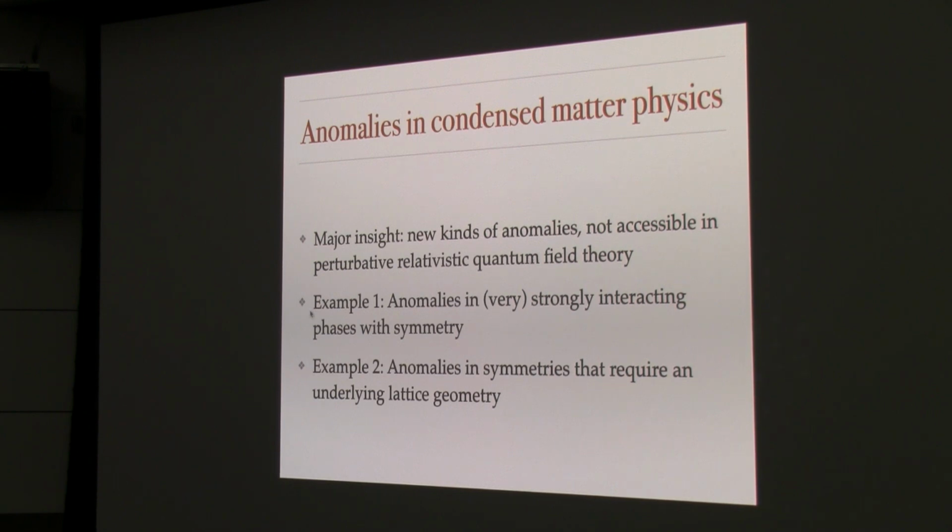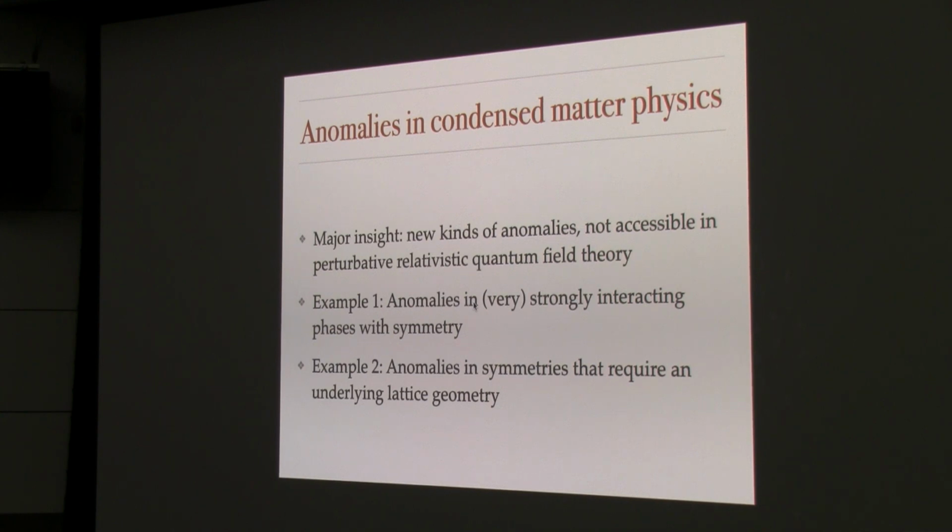And so I'm going to talk about two qualitatively different examples of how we get some new kinds of anomalies and new interesting boundary states that are quite different from what you would get by starting with, say, a perturbative quantum field theory. And these come from two different things that you can do. So the first thing you can do is to access something that you couldn't get by thinking about perturbations about a single electron picture: you can start with a system that is intrinsically strongly interacting, meaning that I can't describe it well with a picture of individual electrons at all, okay? And so that'll be the first example.